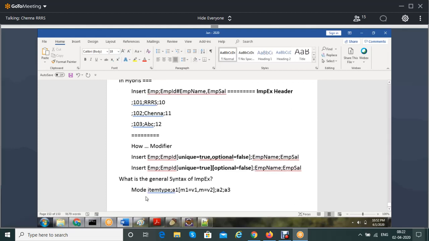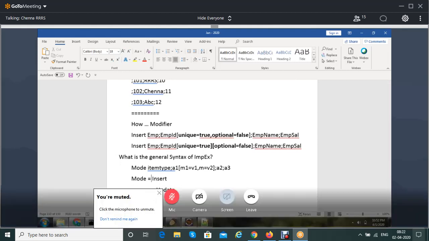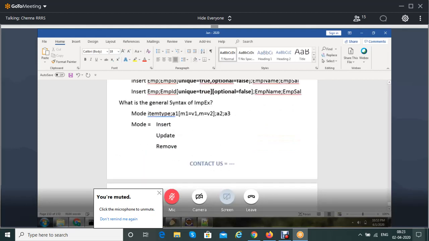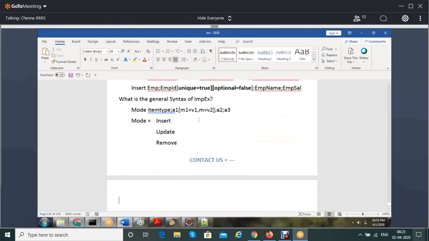So what is the meaning of mode? Mode tells what kind of operation you are doing. Are you doing the insert? Are you doing the update? Are you doing the remove? Or are you doing the insert underscore update? There is one more thing called insert underscore update.